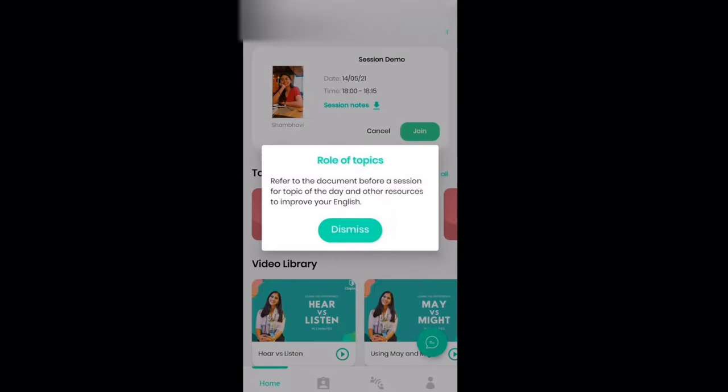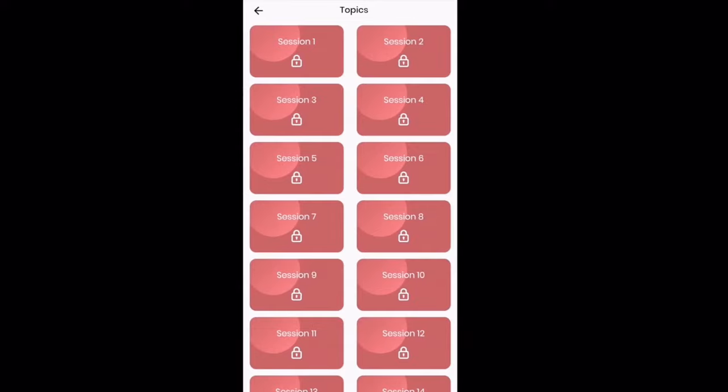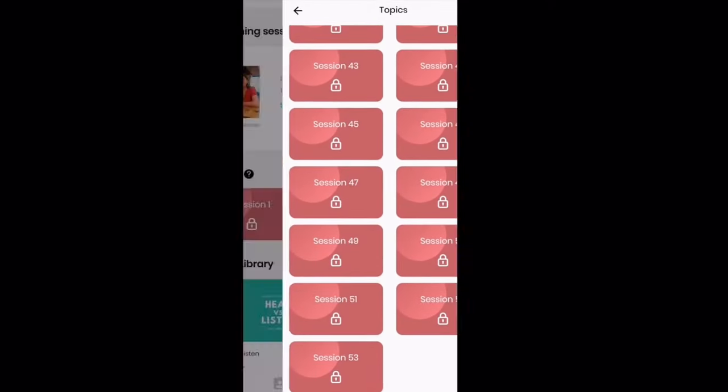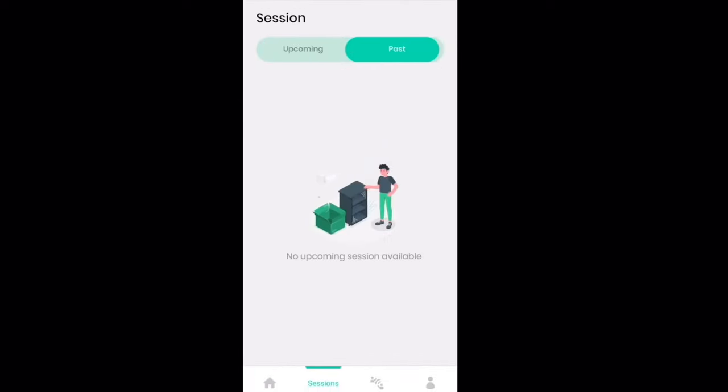and then you can check out all these session topics after you buy a plan. So then you can check whether you want to learn these topics specifically or not. It's completely up to you whether you want to discuss these topics or you want to talk about something which is completely of your own discretion. So that is something that has flexibility.